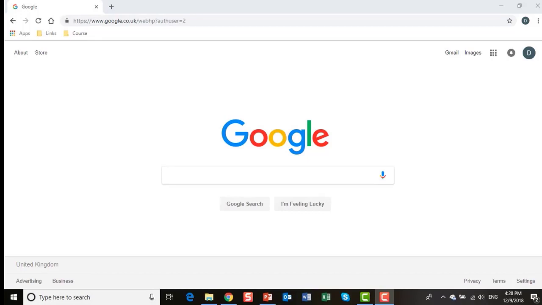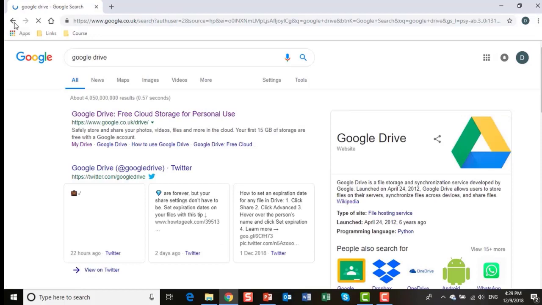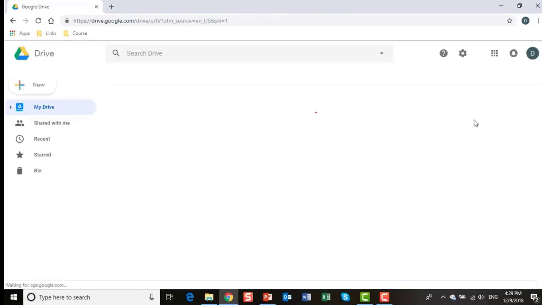So next, let's look at Google Drive. And Google Drive does not integrate with Windows 10, but it becomes part of your browsing operation. So if I do a search for Google Drive, it becomes listed as free cloud storage for personal use. And so if I select that, then it will say go to Google Drive, and the Gmail account that we